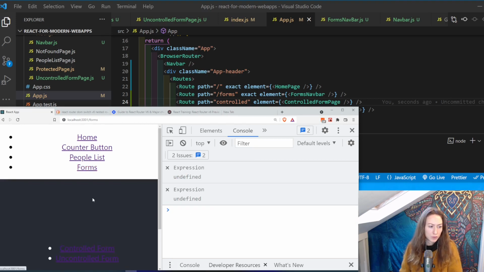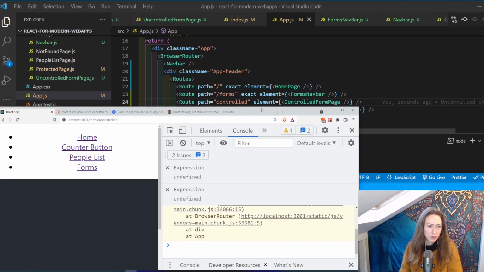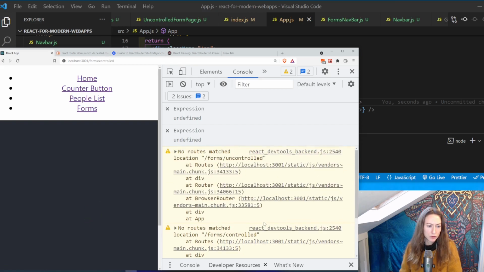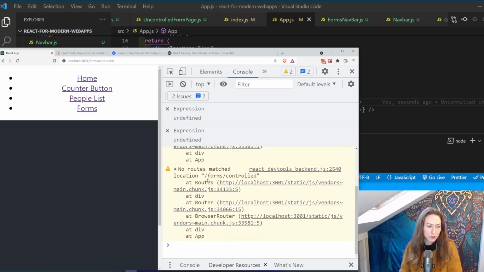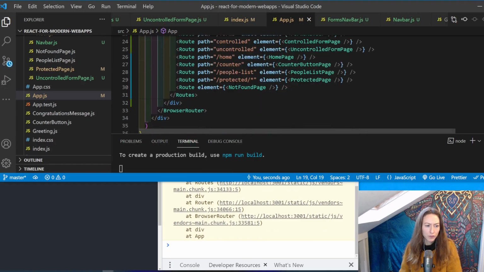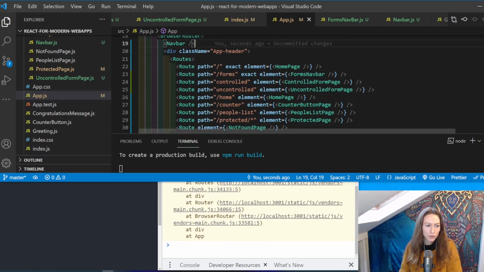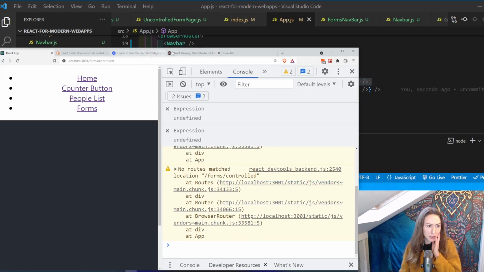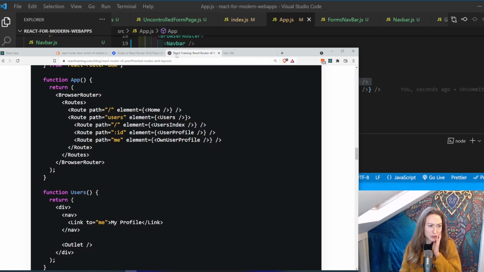So, forms, controlled. Okay. So let's tab these in because these are actually within there, and let's go back to this documentation and just